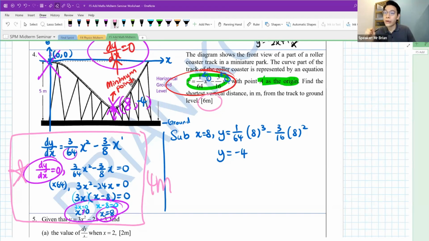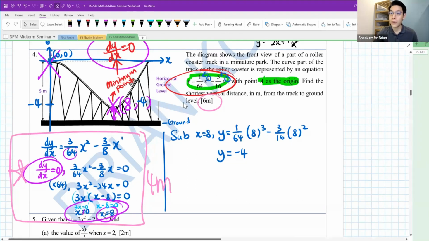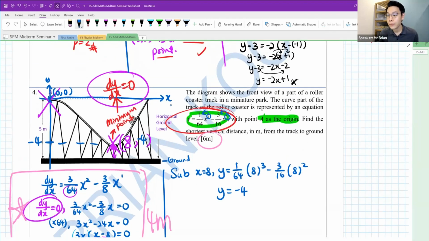Okay, how come I know I need to find out the y coordinate is because I need to know what is the height on the y-axis. Here is a negative 4. Okay, and then they say this is 5 meters. Let me see as -5. The shortest distance, which is here, okay, a bit messy here, you know. Okay, the shortest distance here would be